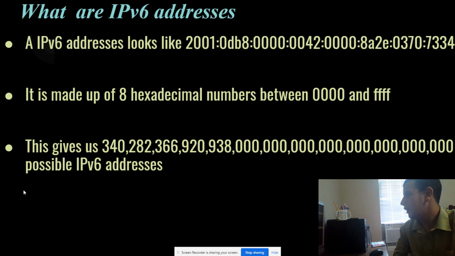And this gives us a possible big number of IP addresses: 340 undecillion, 289 decillion, 366 nonillion, 920 septillion, 938 sextillion or something. Some number like that, which is really huge. Look at all these zeros here. There's an extra 0 at the end that's cut off by the screen, and an extra number up there that's also cut off. Sorry, all. The point is IPv6 gives us a ton more